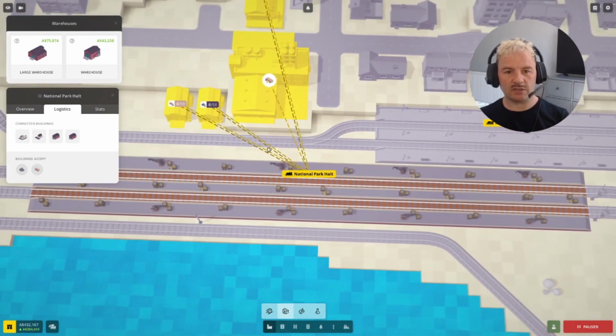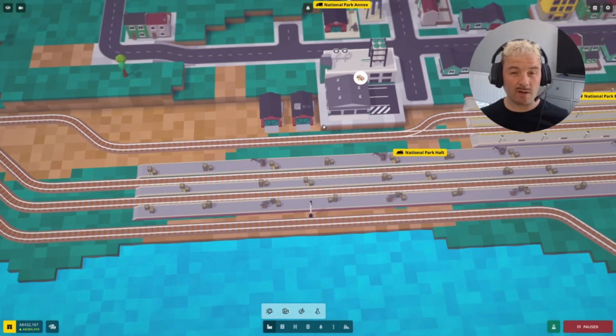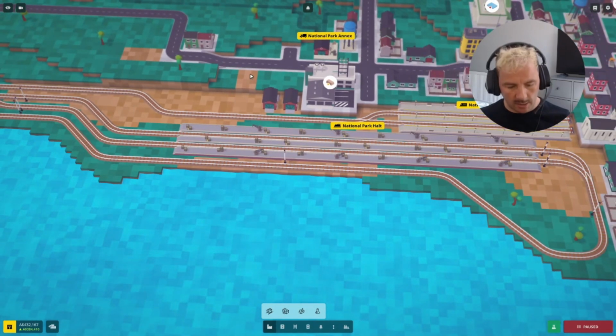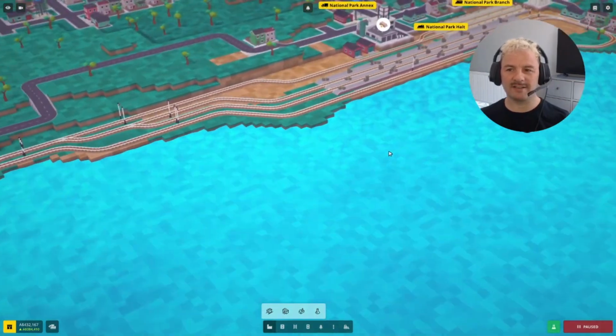And there's the little middle section with the warehouses. That's worked out really quite well, because I think the businesses could even spawn along here, and it could be lovely. Okay, I like that. I think it's all nice. Yeah, I do like this. This is a lovely section. Okay,